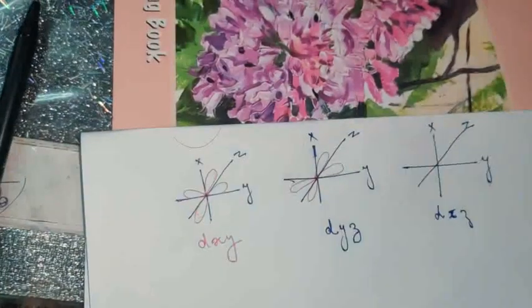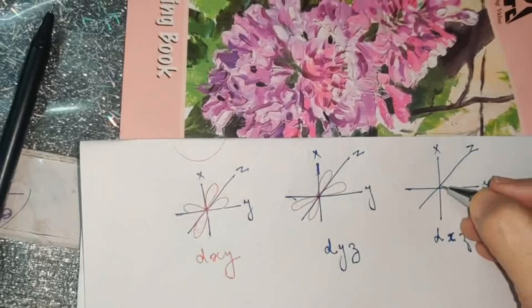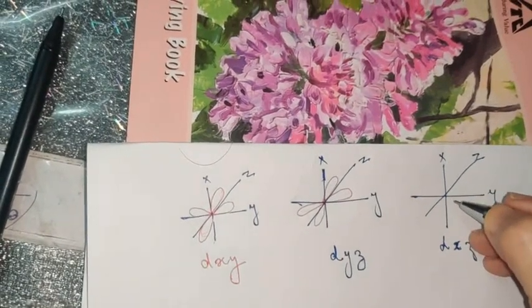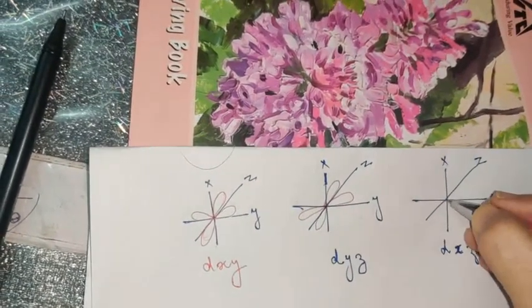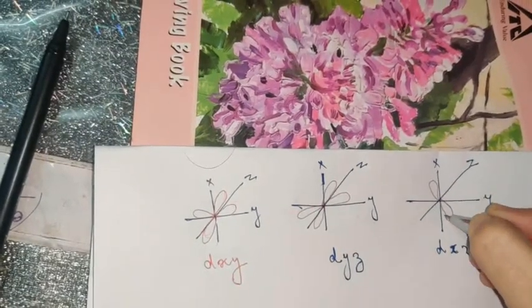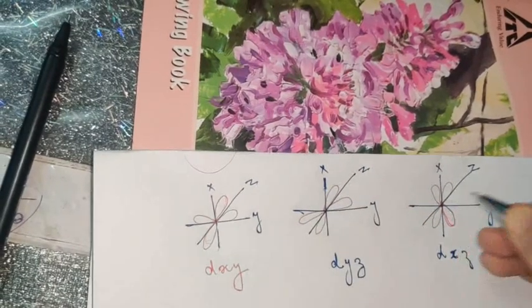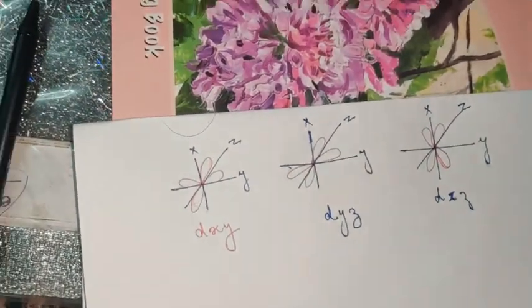This time, children, we will be plotting dxz. This combination was left. In case of dxz, you will be covering first of all the x-axis. What will be the x-axis? X can be this one. And then coming to the z-axis, the z-axis is this one. So these are the three orientations covered.